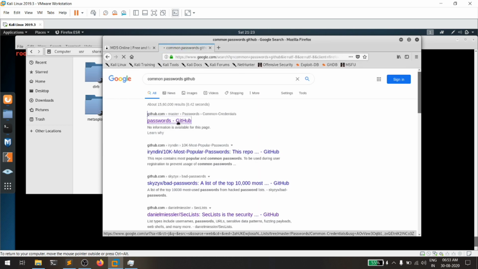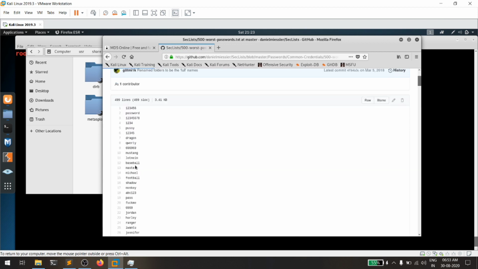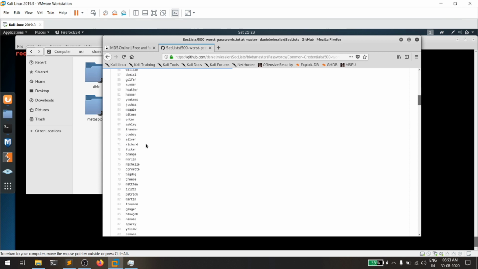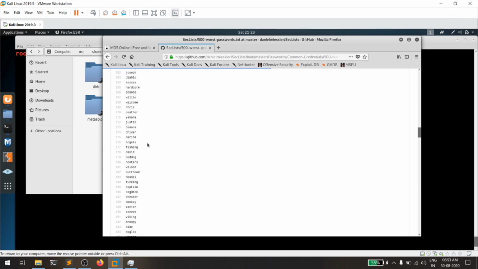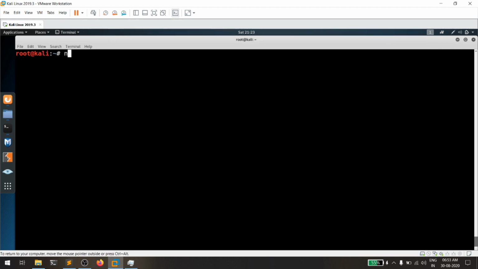You'll find tons of them on GitHub. 500 worst passwords, and I know that the password I entered over there is a worst password. Okay, or you can simply create one. So I'll go with that as well. Nano